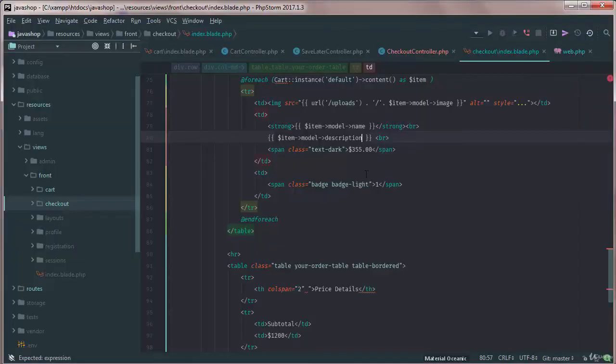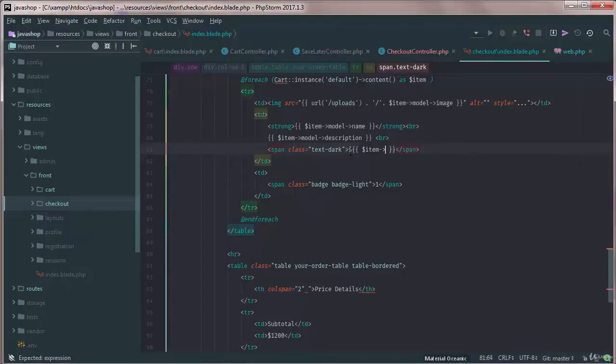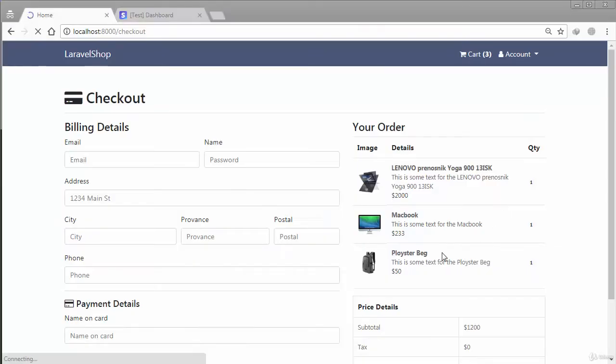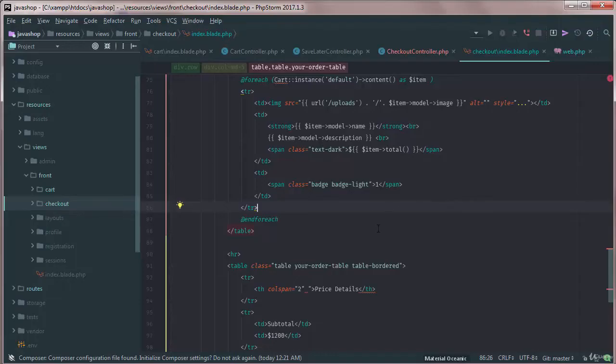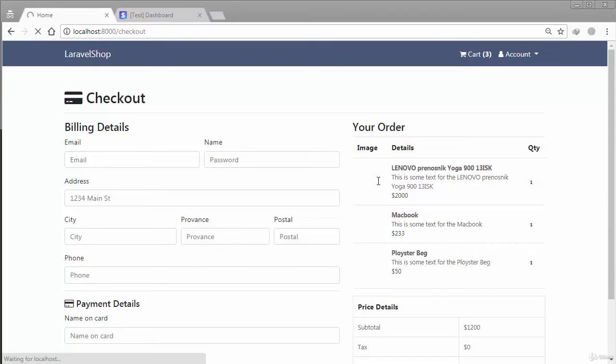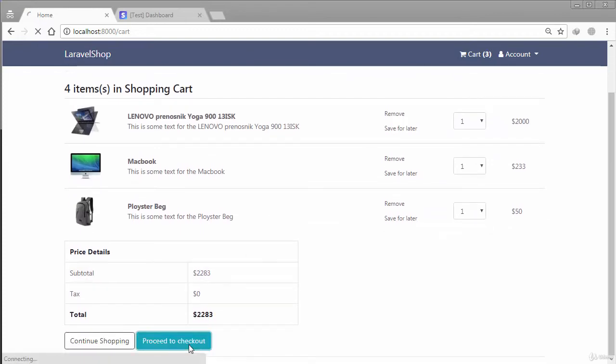And then the description, a small description. There we go. And finally the price, which is one of the important parts. Item price, or you can also say total. For example, this could be quantity 2 or 3. Let's just grab the quantity, item QTY for quantity. Okay, there are 3 items,